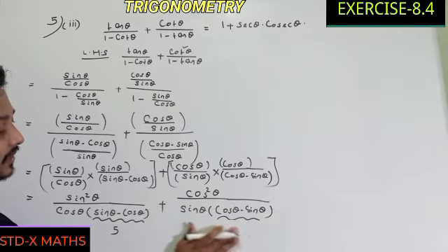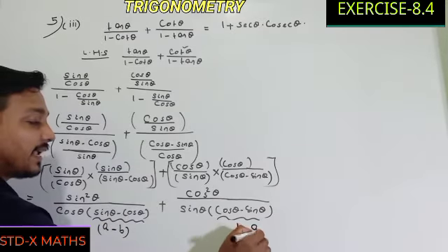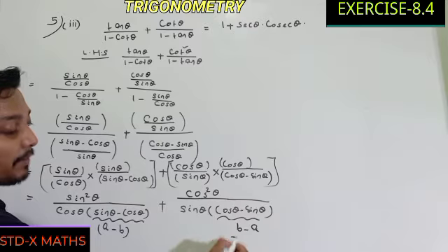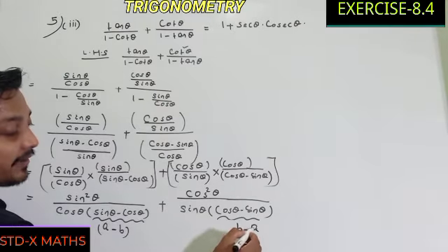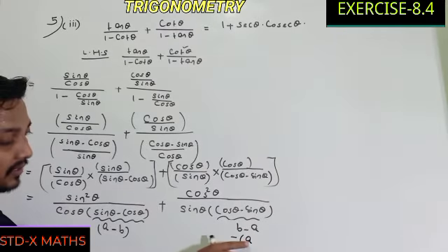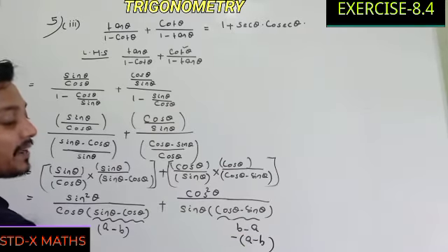In the same way, I am giving another example, see carefully. Suppose here it is a minus b, and here it is b minus a. But I want to make it in the form of a minus b. It means from this I have to take minus as the common. On taking minus as the common, here it is minus a, so within the bracket it is plus a. Whenever minus enters, it is minus a. So it becomes a minus b.